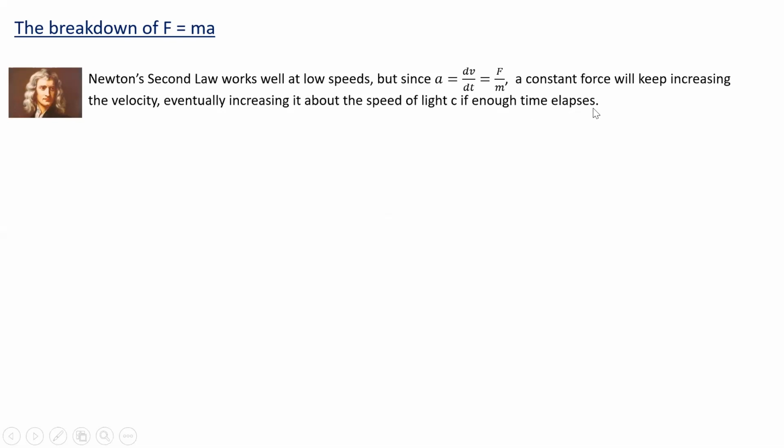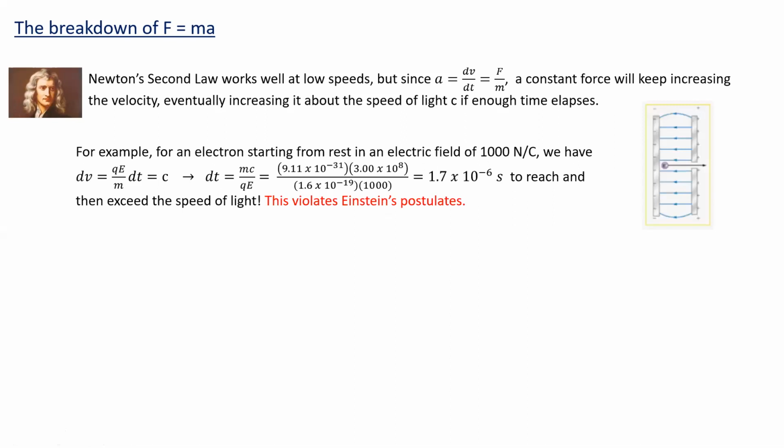So if we just put a force on something and continue that force for enough time, we can wind up with a velocity above the speed of light. And that's something Einstein said couldn't happen. So just for a definite example, if we have an electron between capacitor plates, starting from rest, and let's say the electric field is 1,000 newtons per coulomb, which is easily achievable between capacitor plates, we would have